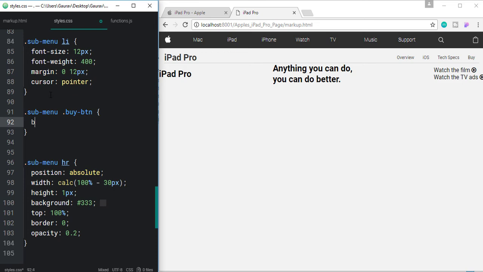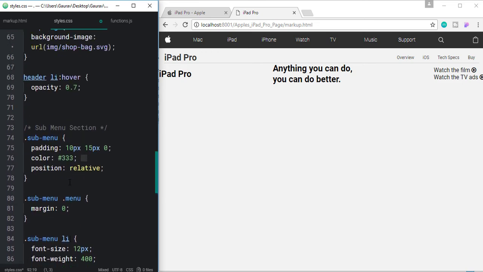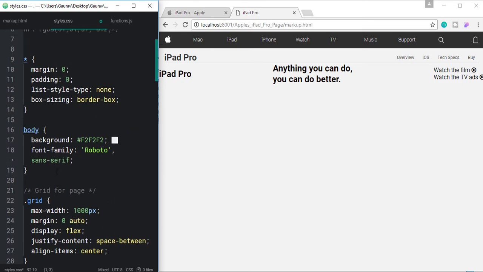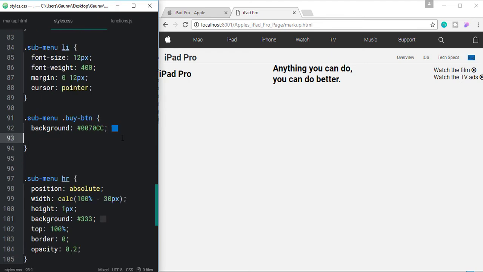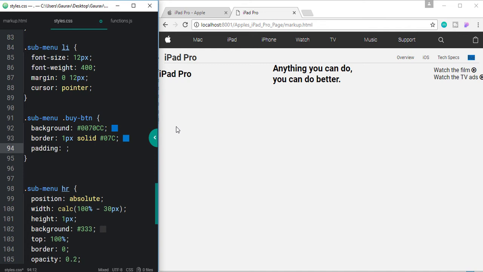So for that button, let's give it a background of its own, and let's give it a border of 1 pixel solid hash 07c, which is a blue color as well, and let's give it a padding of 2 pixel on top and bottom and 10 pixel on each side.